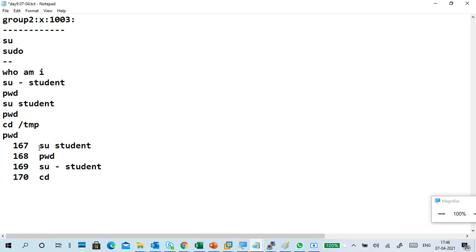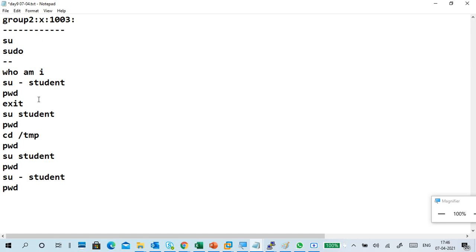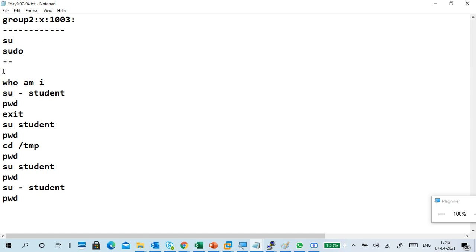Root to any user, it won't ask any password. This is not getting exit. You have to give exit after everything. I logged in as root, guys, so I'm done in root. Every time, you have to do verification also.